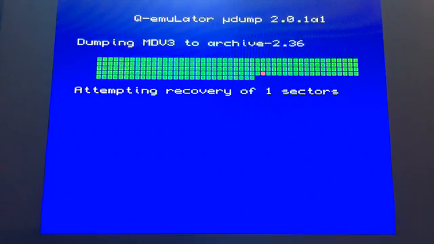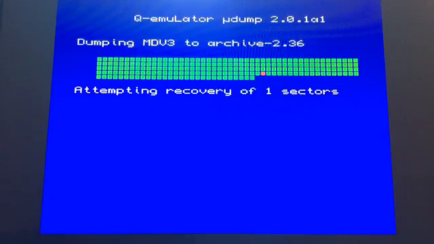But I think it's good, because when M-DAM2 finds only one bad sector, sometimes it is an empty sector or it simply needs to be read more than three times to get it dumped correctly. No? So let me see